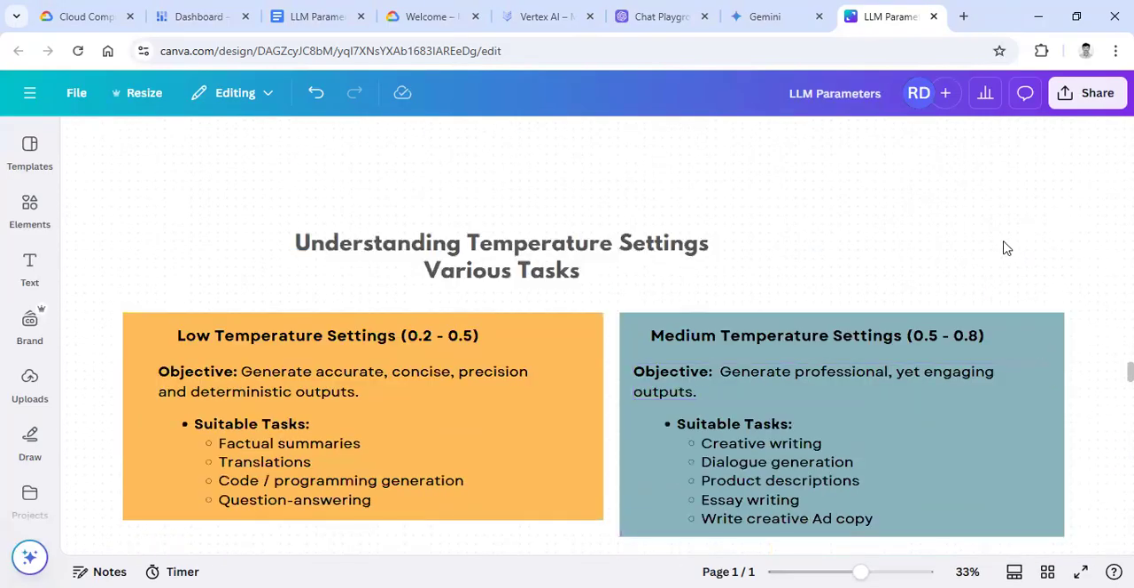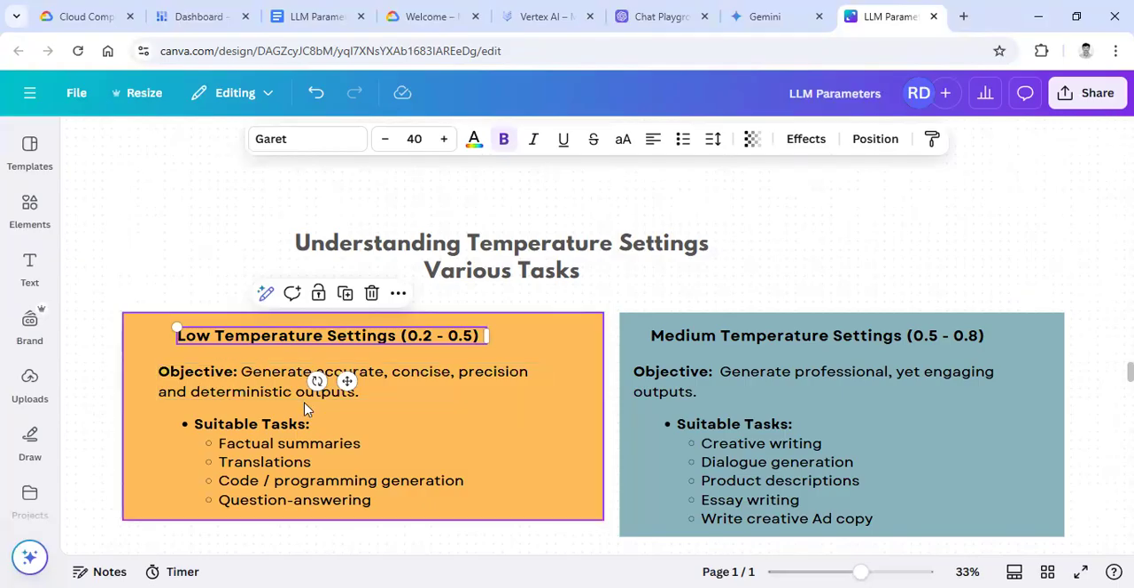So, in order to understand the temperature settings for the various tasks: as you know, temperature is a key parameter that controls the randomness of the model's output. It essentially determines how much the model deviates from its most likely predictions. Okay. So when it comes to low temperature,